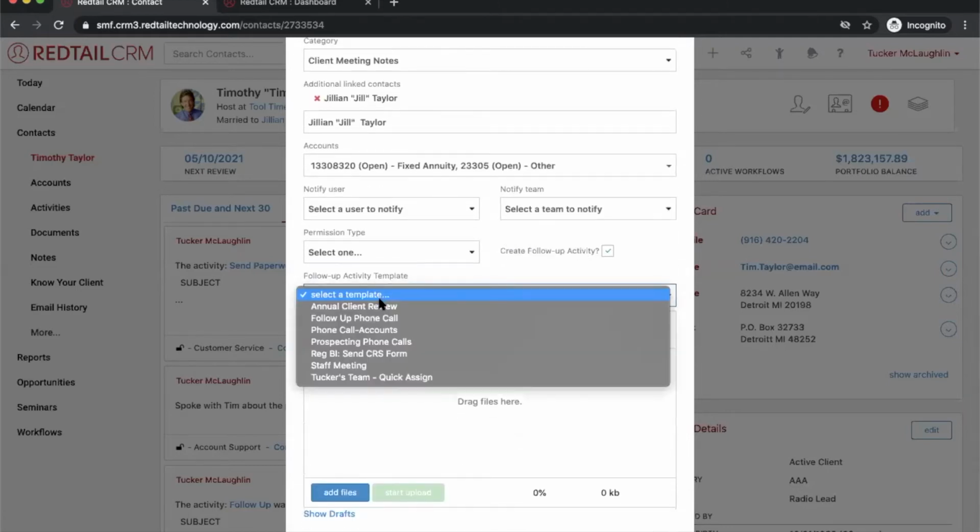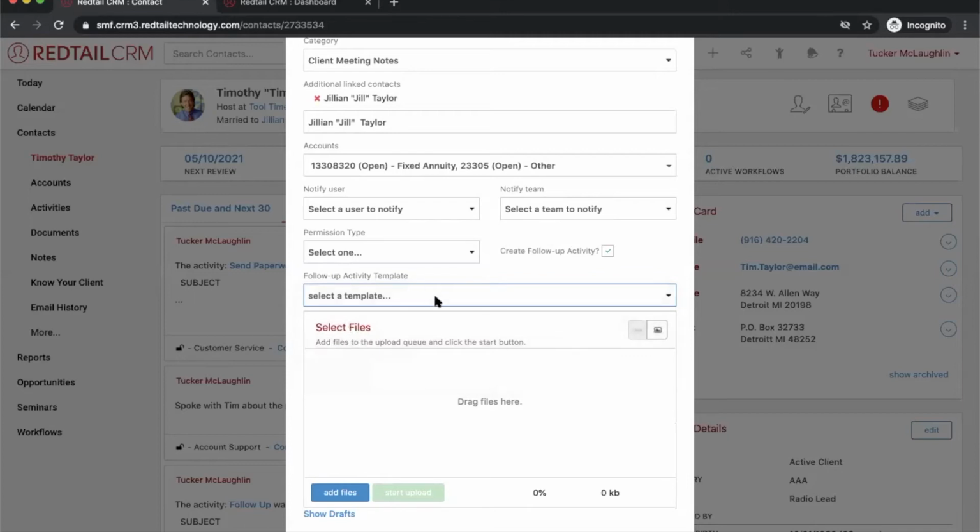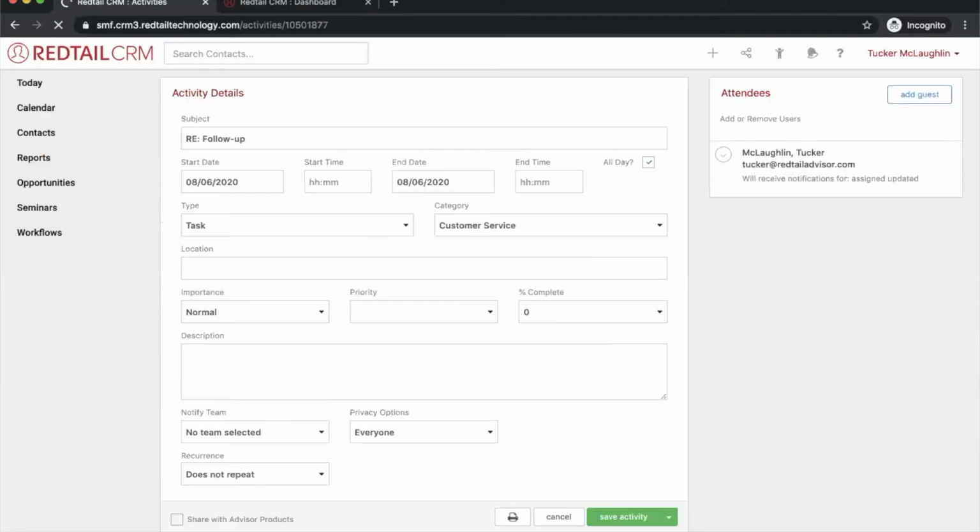So I'll come in here. Maybe I'll put in here, let's see if I have one here actually. I don't really have one that's a perfect fit, so I'm not going to use a template. And I could save that note. And when I have this checked off, you're going to see here actually, it's going to immediately bring me to